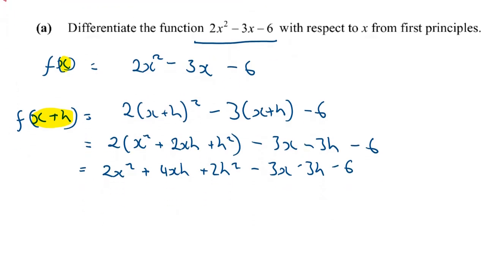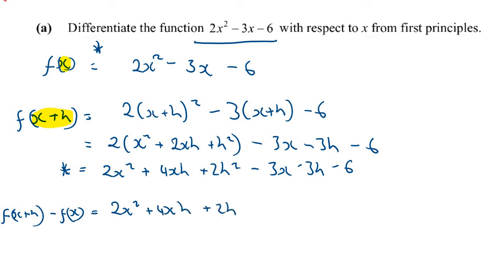What I'm asked to do next is to subtract them. So f of x plus h minus f of x is equal to this part minus this part. So that's just going to be 2x squared plus 4xh plus 2h squared minus 3x minus 3h minus 6, and we're subtracting the original function, which is 2x squared minus 3x minus 6. So that leaves us with 2x squared minus 2x squared. We've got 4xh